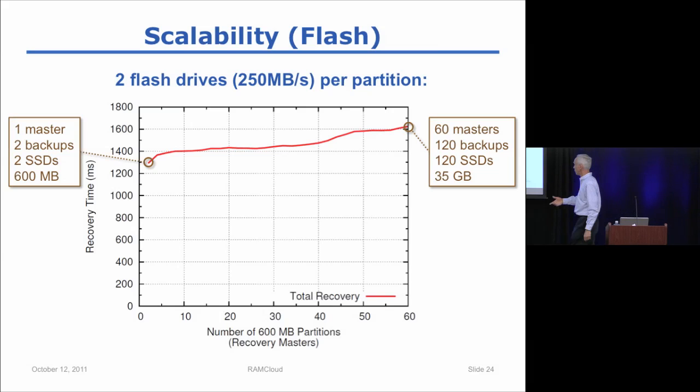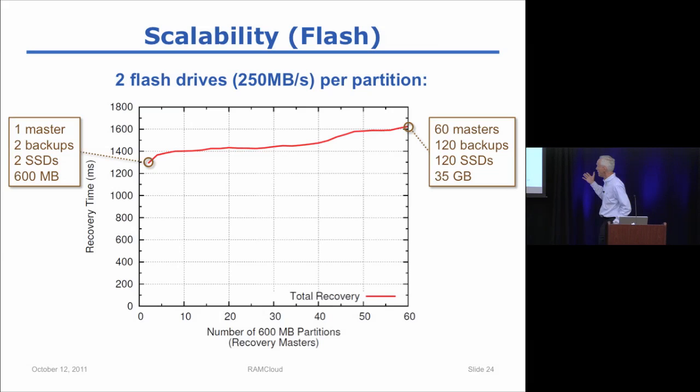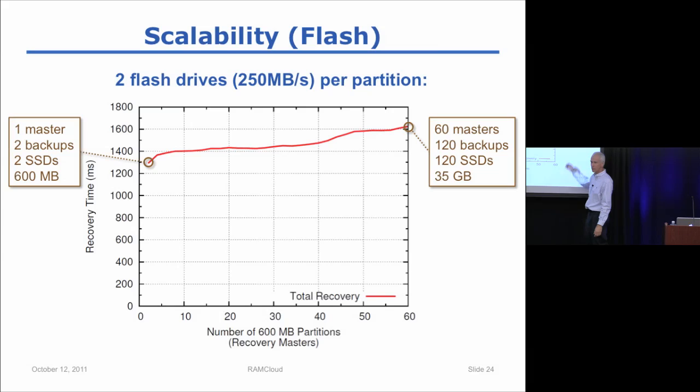Now, we're only using 60 machines here for recovery. So if you have a cluster with say, a few thousand machines, we would not need to use those 1,000 machines at anywhere near their full disk bandwidth for recovery. We'd only be using 5 or 10% of the disk bandwidth of each machine for recovery. By the way, another corollary of this is that if we can recover one master with 60 other machines, that means if you have a few thousand machines, we think we could actually recover a dead rack in 1 to 2 seconds, 40 to 50 machines. Do them all by, again, using different recovery masters across the whole cluster.